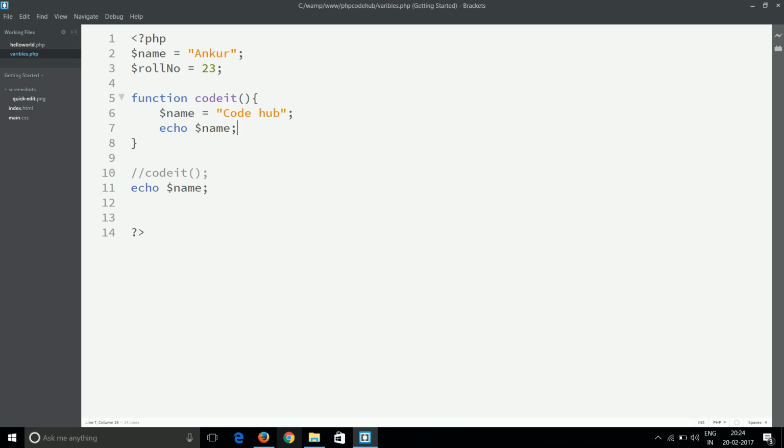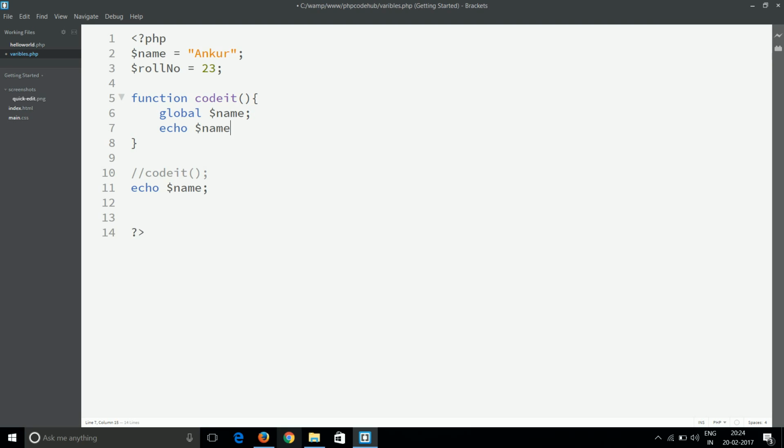There are methods to use the global variable inside the function. So here, rather than using this, simply type global $name, and now print here echo $name.